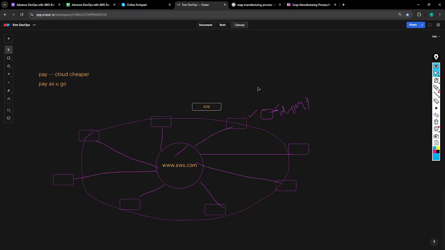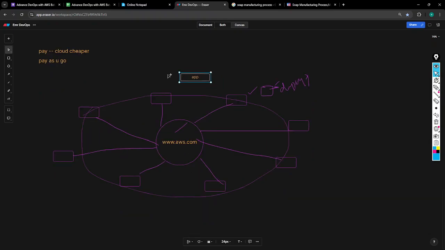And you will get high availability. Yes, you will get high availability. In one region, in one availability zone, in one data center, if you deployed your application, an Amazon data center may also be affected by a fire accident, a flood, or anything. Then how will you take a backup? You can take a backup from the next region or the next availability zone. So there is an availability zone and backup feature.